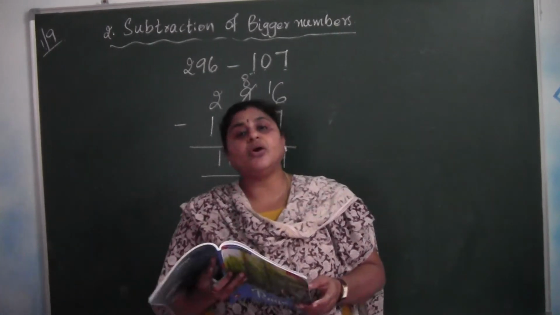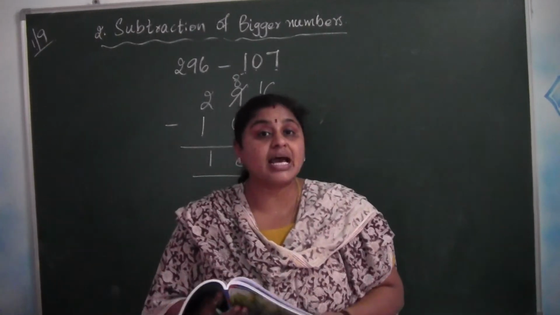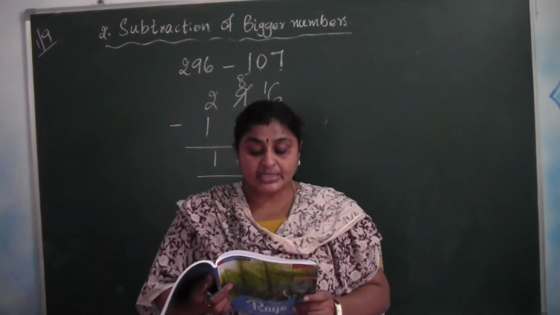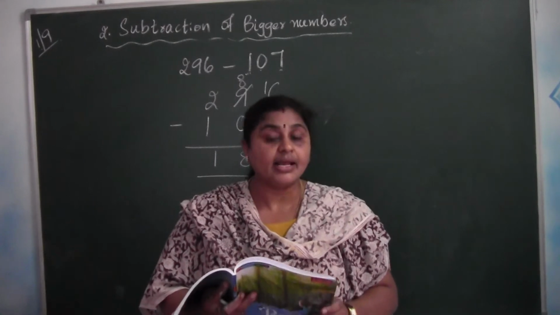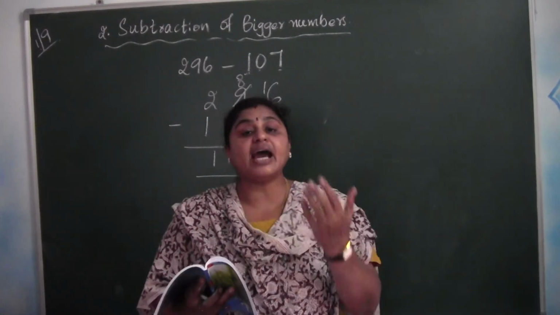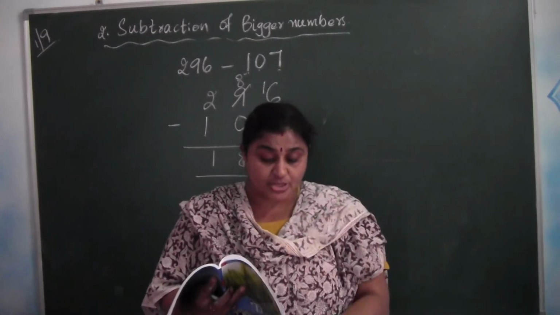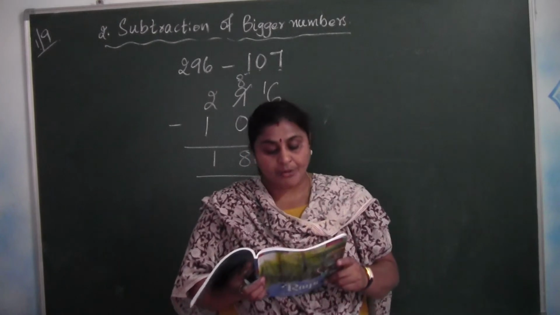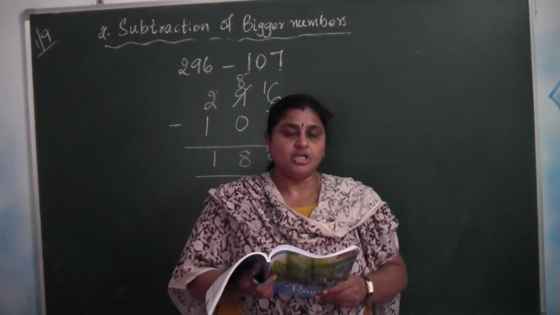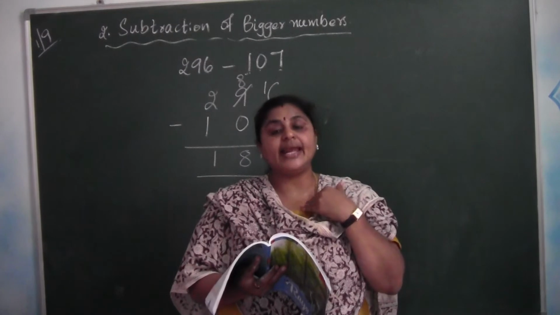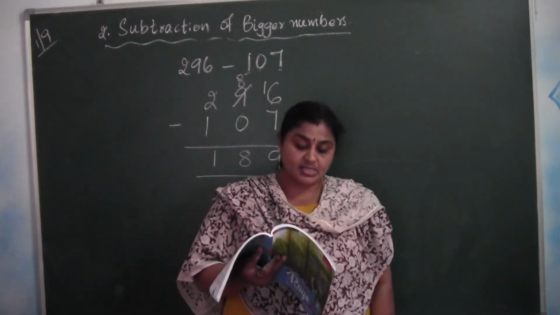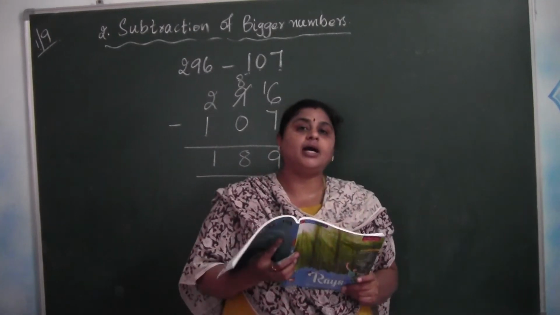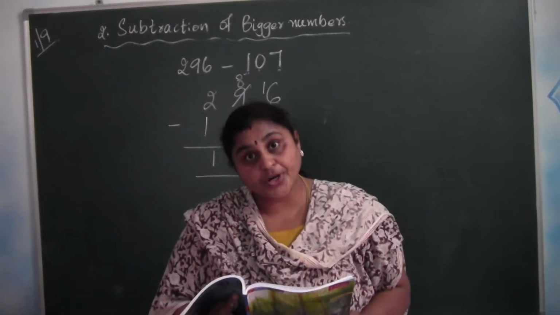Now there was an ice cream boy who was selling ice creams. His name is Anil Raj. So how many total ice creams were there? 378 ice creams were there. From 378 ice creams, he has already sold 189. Now you need to find out how many ice creams were left over. So you are going to subtract 189 from 378. Got it children? So next, the other three problems you are going to read on your own and